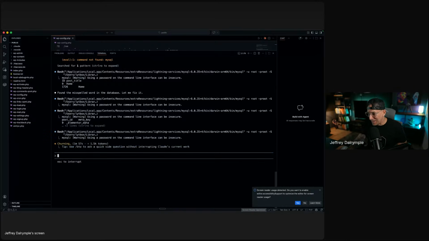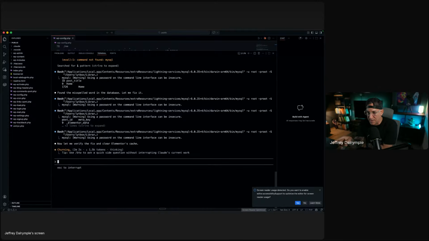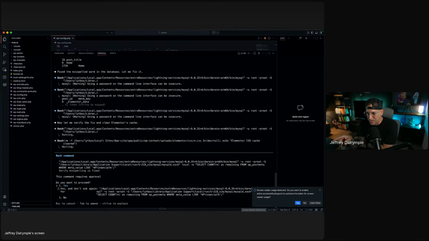I could already see right now it's having trouble. It looks like it's trying to get into the Elementor data and fix something, and it looks like it's getting stuck there. It's trying to fix this word, and it's getting stuck trying to fix it.